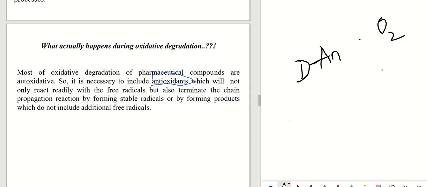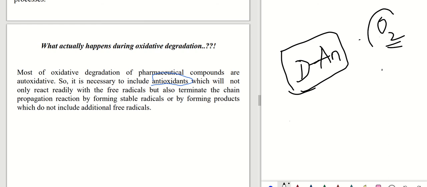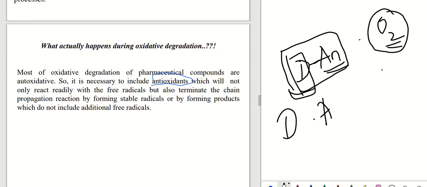Suppose the drug is mixed with an antioxidant, and when this molecule is exposed to atmospheric oxygen, the oxygen will attack the antioxidant, not the drug. The drug will remain as such, and the antioxidant will pair up with the atmospheric oxygen, thus protecting